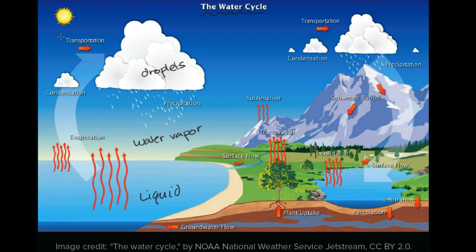And we see here they're talking about transportation. You can have these clouds. If you look outside and you see clouds, those clouds are moving with the wind. And so they could be moving all of those droplets with the overall wind. And when those droplets get heavy enough, they will precipitate down. Now, they could precipitate back into where we started. They could go back to the ocean there.